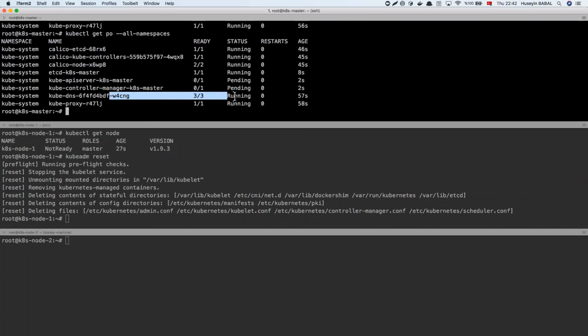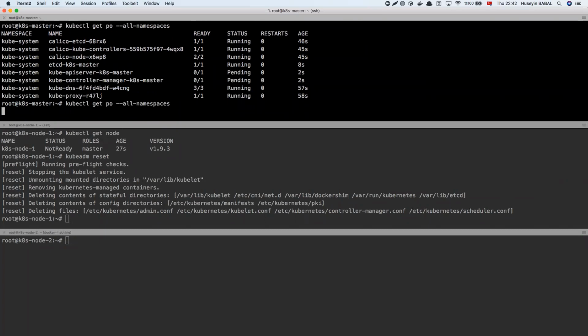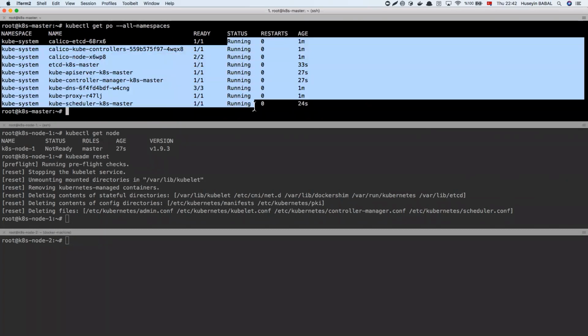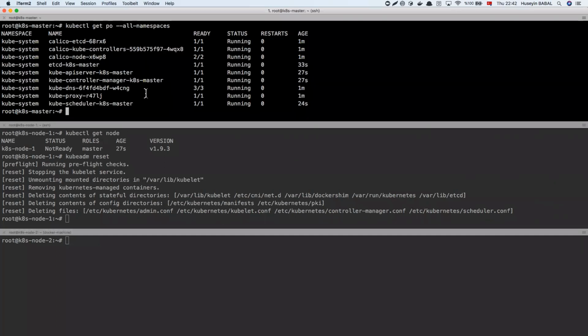So DNS is running, so no problem. And it means I have spun up this 1 GB instance several times, and it worked. Since we are on the webinar, it is very normal to suck, right? So no problem here. We have 2 vCPU members here. As you can see, all of the pods here are running. So we can continue with the